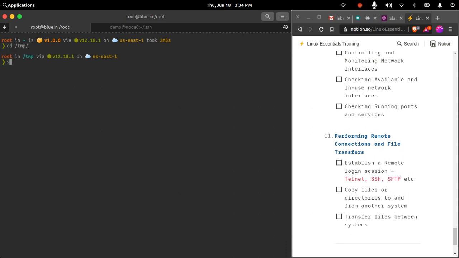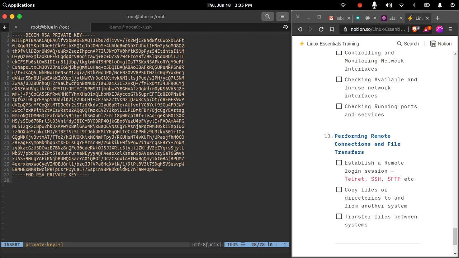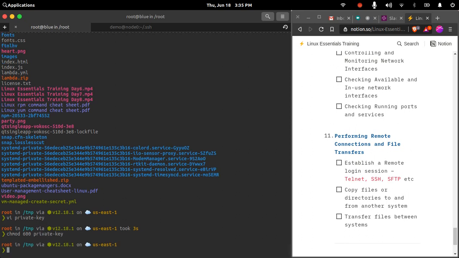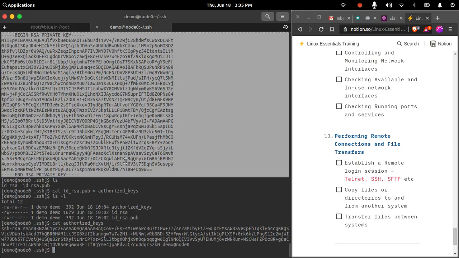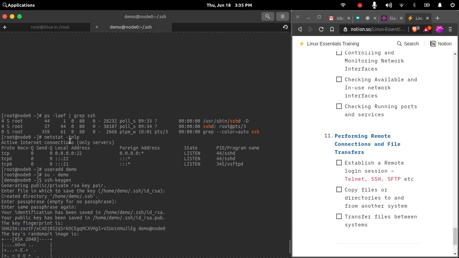from my local laptop. So let me create a private key file. I'm pasting my private key here. What will be the IP address?